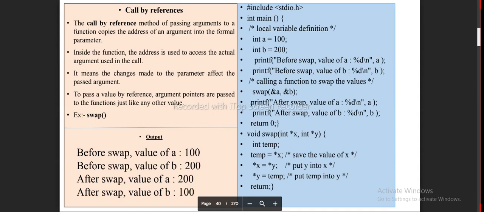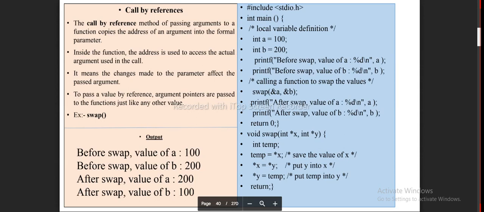To pass a value by reference, argument pointers are passed to the functions just like any other value. Example: swap. Output. #include <stdio.h>, int main. /* local variable definition */ int a = 100; int b = 200;